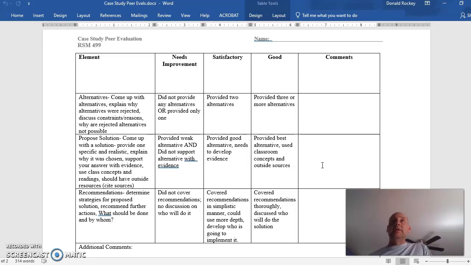One easy alternative every time is do nothing. I mean, that's one alternative. May not be the best, but it is an alternative. Okay, so make sure you provide some alternatives,